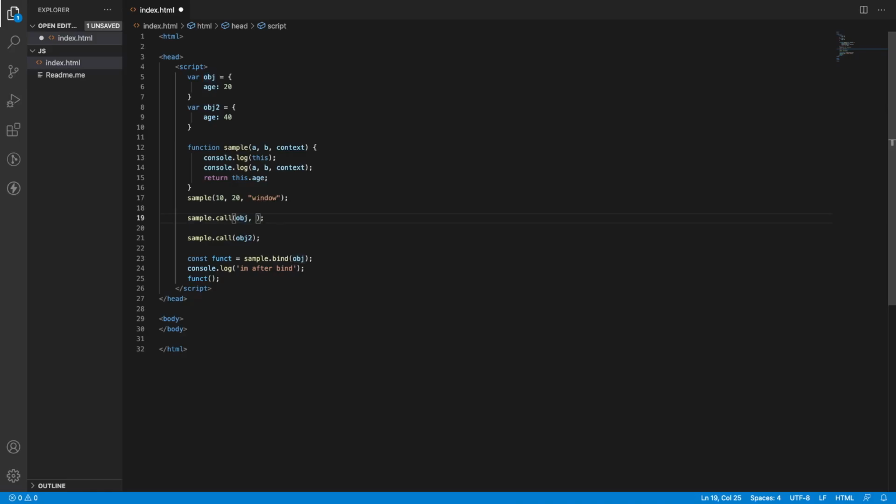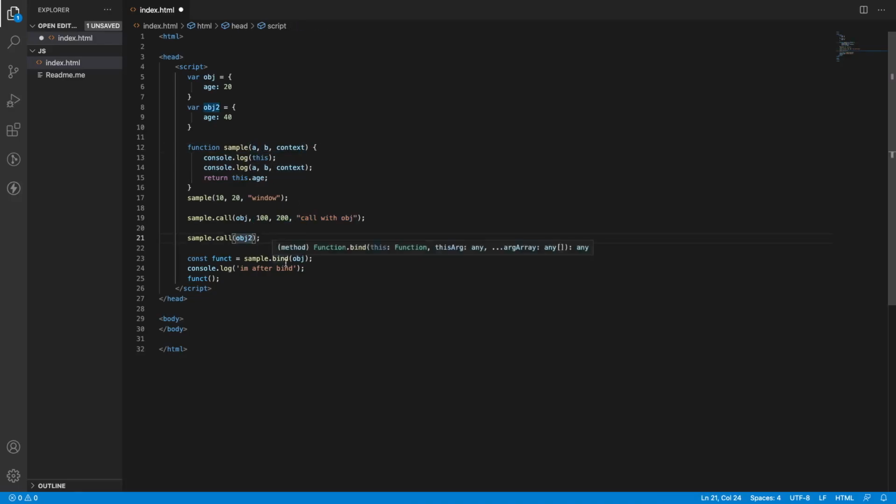So what I'll do is 100 comma 200 comma my context, so call with obj. In this case, the call method is taking one parameter as the context, and all the remaining parameters are as per our function definition.